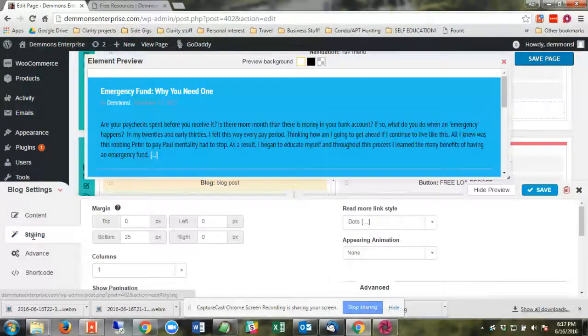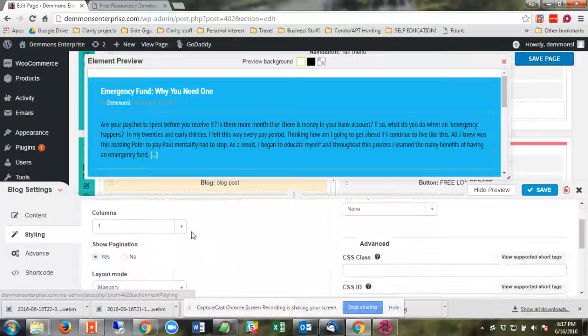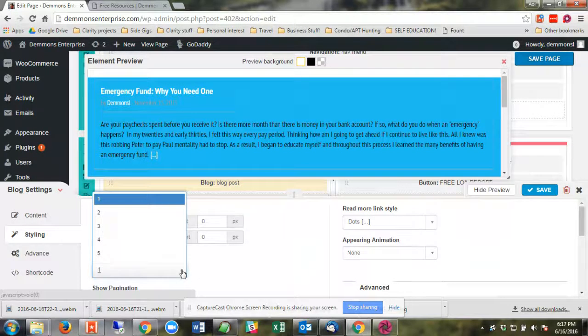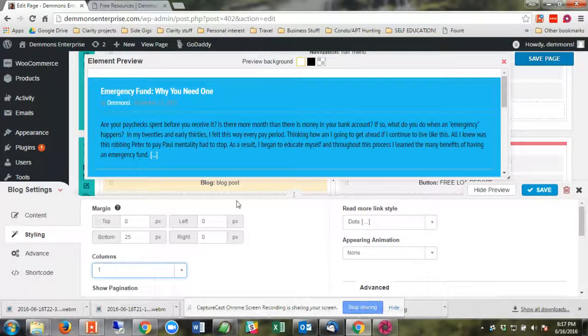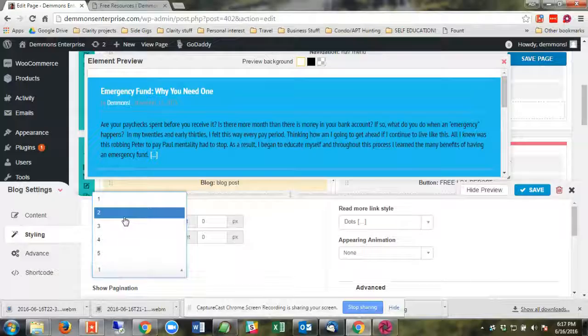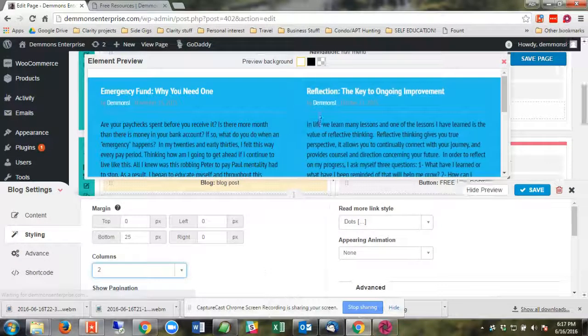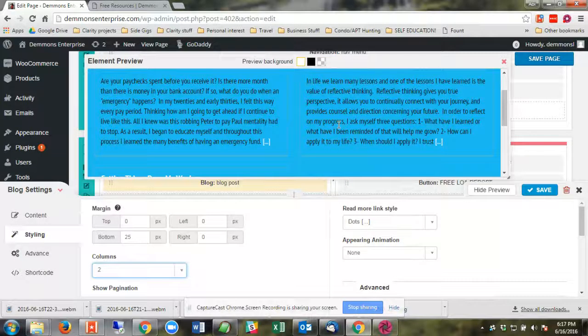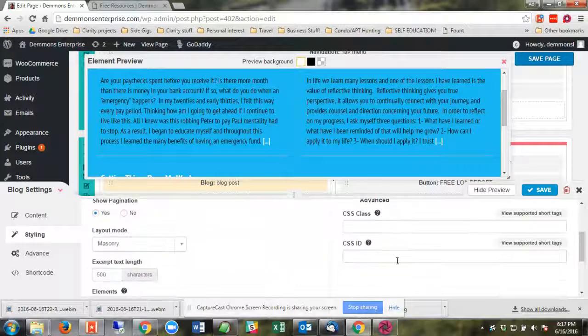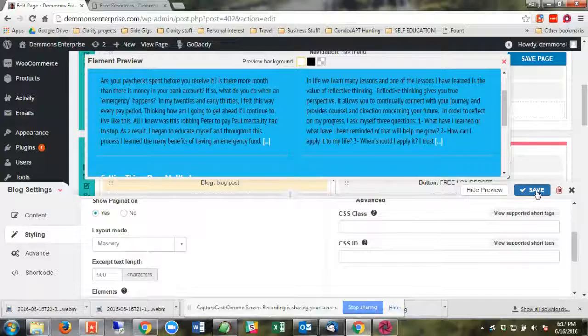So, when it shows up over here, and to style it, I kept it at one column so it wasn't too wide on the page, but you can play around with it. Let's say that instead of just having one and then one under it, you wanted two columns here. Let me change it to two. It's kind of cool, it'll just be next to each other. So if I did that and then saved,